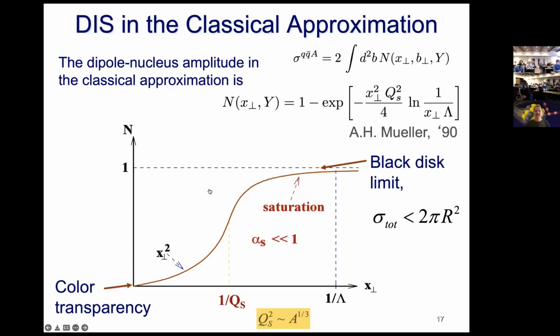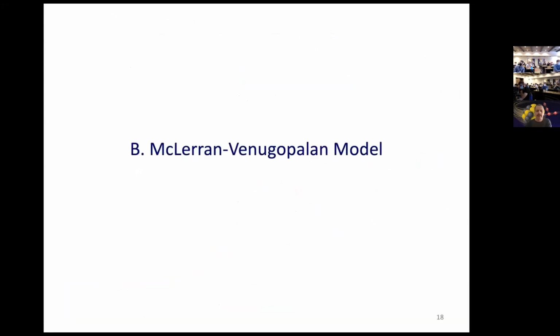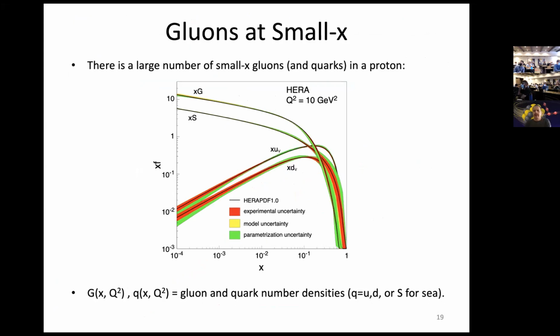Okay, if not, let's go back to the slides and try to discuss it in a slightly different way, something known as the McLerran-Venugopalan model. And again, let's start a little bit from afar. This is something I'm sure most of you have seen. These are just PDFs for a fixed q squared plotted as functions of x. Sorry, it's x times PDFs, not just PDFs. You have valence up and down quark ones. You have the sea quarks, and then you have the gluons.